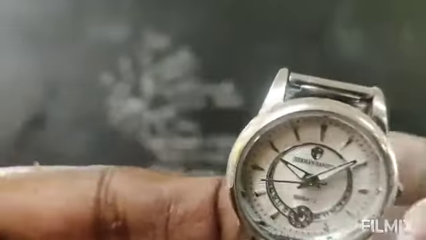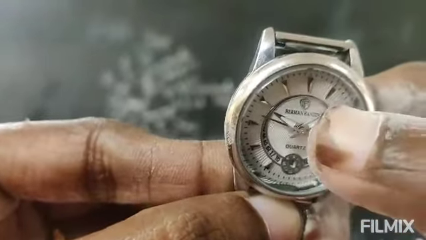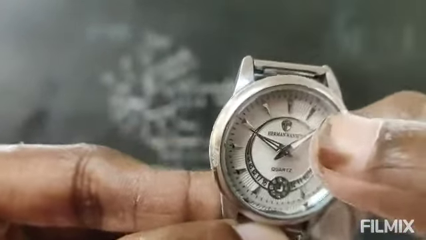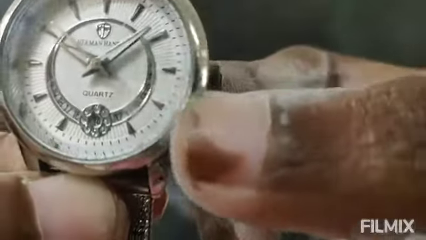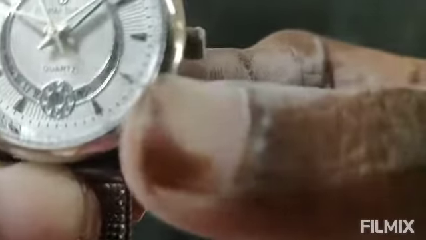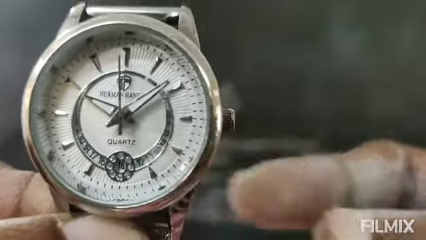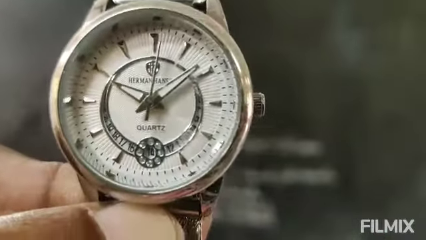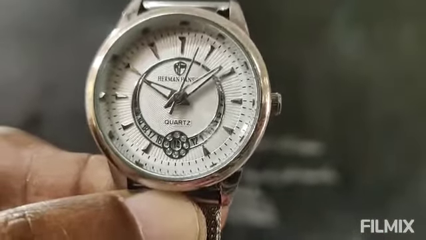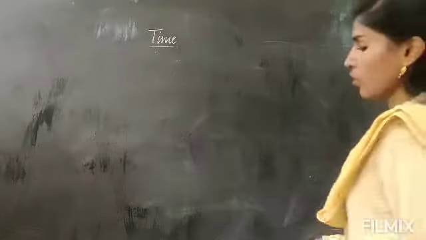Now these are the 12 equal parts, the bigger lines you are seeing. Again, the smaller thin lines you can see between them, each divided into 5. They are called the minutes of the clock. At home, take your clock and see whether it is clearly visible there. Now let's see how to read the clock.